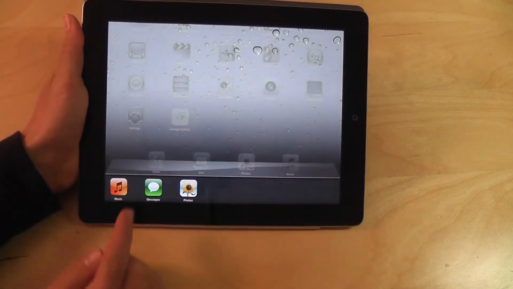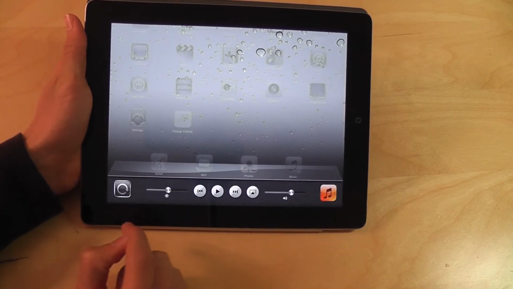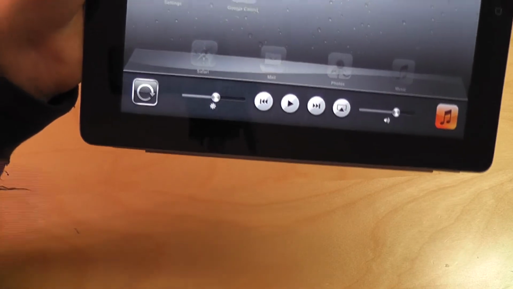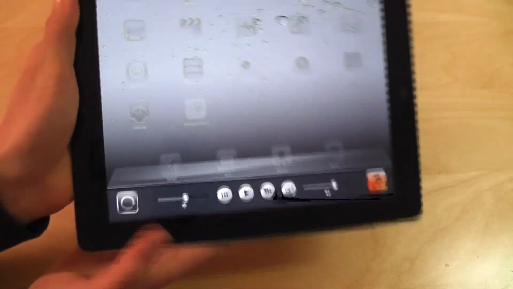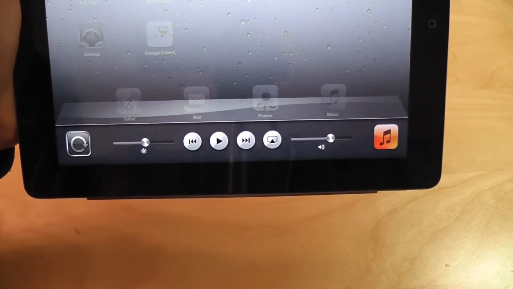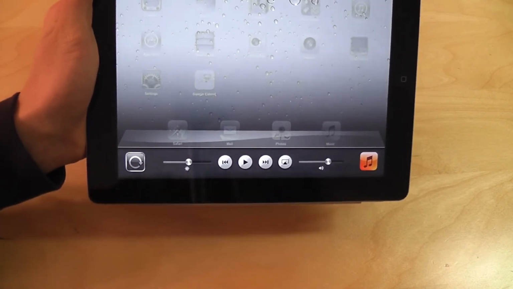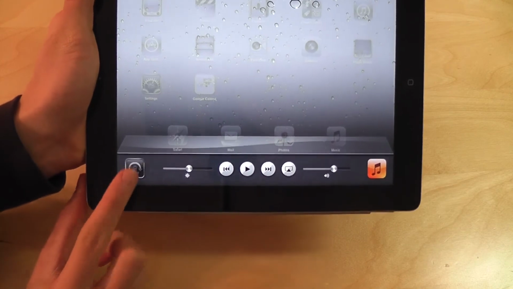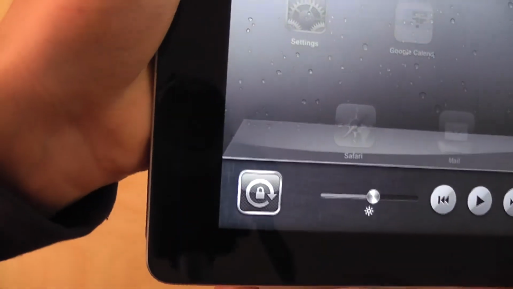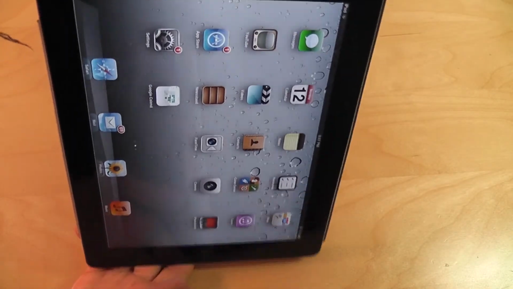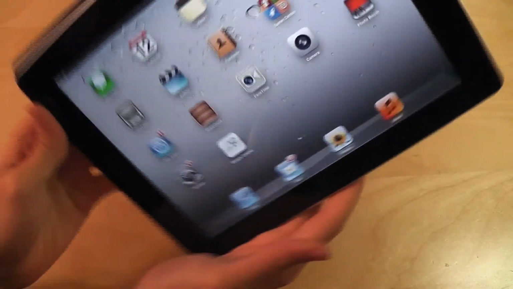Now again, if you go to your multitasking bar and go to the left, there's this little circular thing, a circle with an arrow. Now all you need to do, if you want to lock the screen the way it is, so now it's sideways, if I want to lock it this way so it doesn't move, I just press this button, and you see there's a little lock in there now. So if I go back to the home screen and turn it, it won't move. It will stay in the position it's in.